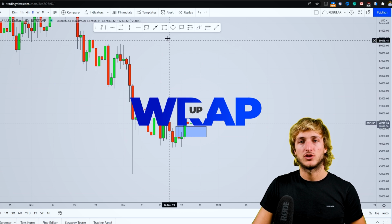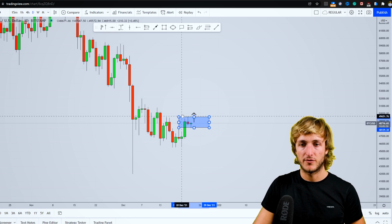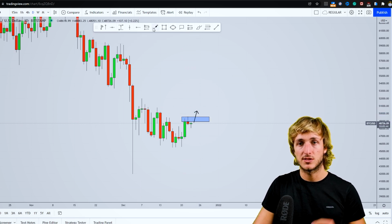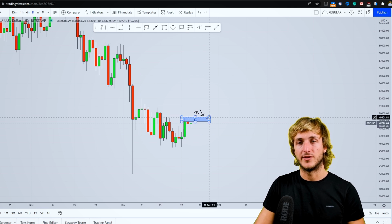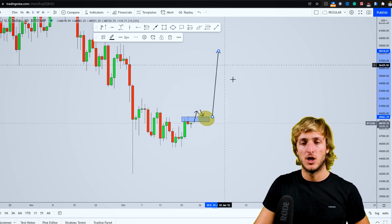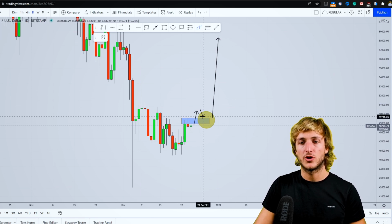Now, if the market will actually give us that weekly close, so we will actually create this move to the upside and break at this point above this daily high here, which if you remember is exactly where the market started the rejection of the weekly resistance. If we will get this move to the upside after the break on the retest of the previous resistance, which at that point will be turned support, this is where we have very interesting price action for a potential move